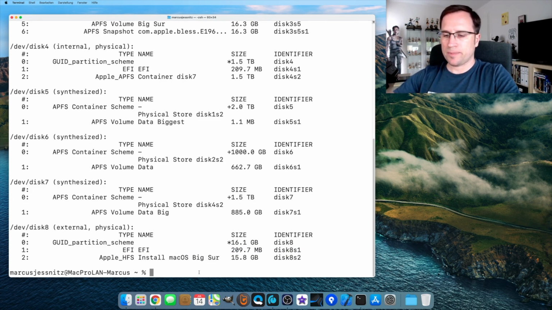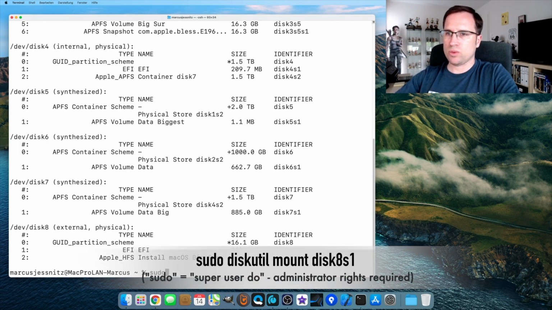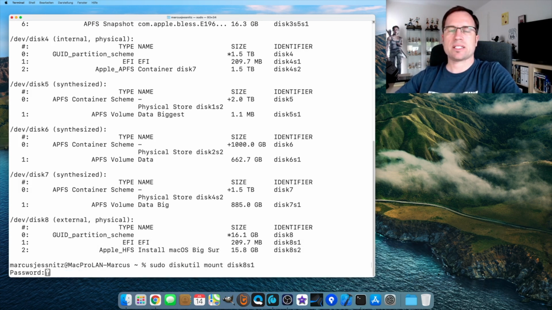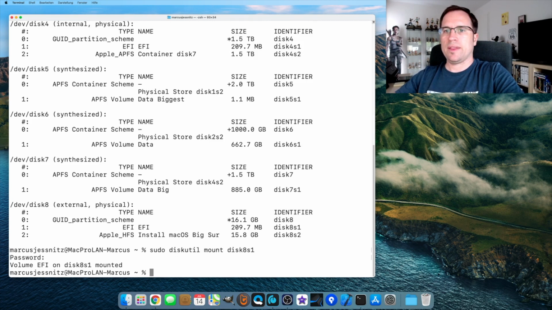And to do that, we need administrator rights, and that means sudo, that means superuser diskutil mount, and then we say disk8s1. If I hit enter, it asks for my password, for my login password. So just enter your password, and then it says volume EFI on disk8s1 is mounted.